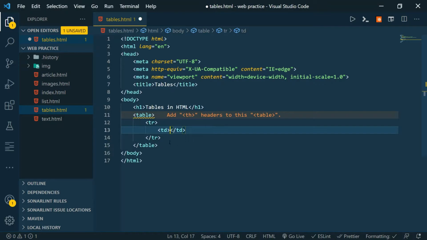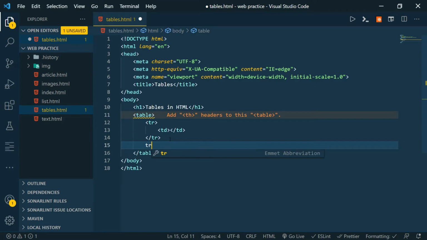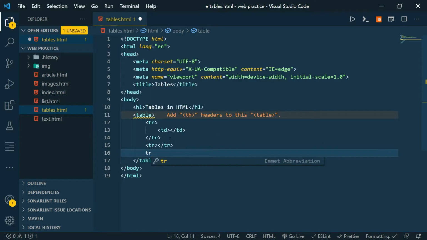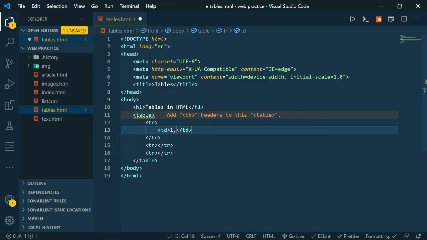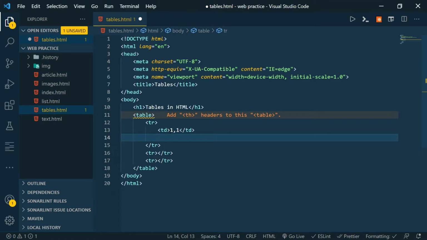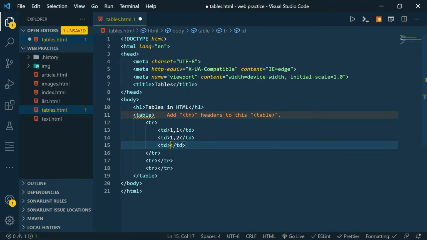So we'll create 3 rows, tr, and another table row, and inside data we will add row 1 column 1. We'll just add this, and row 1 column 2, row 1 column 3.